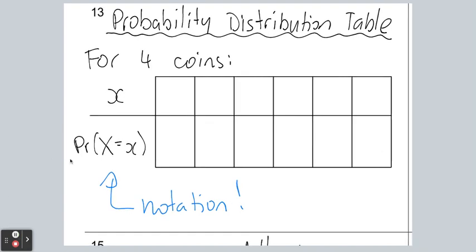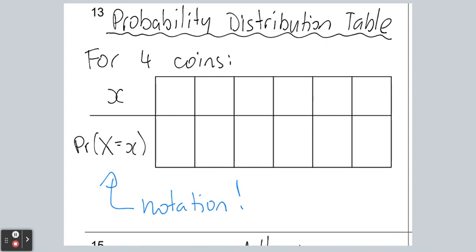So in a probability distribution table, we basically work out all the possibilities, because it's discrete. The top row ends up being the different discrete possibilities, and then we work out the probabilities underneath. Looking at that notation, you can see I've got the probability of big X equals little x. Big X, remember, is kind of like any of those possibilities: 0, 1, 2, 3, or 4. Little x is specifically one of those possibilities. So little x will take on the values